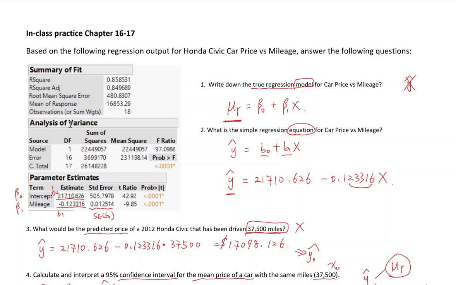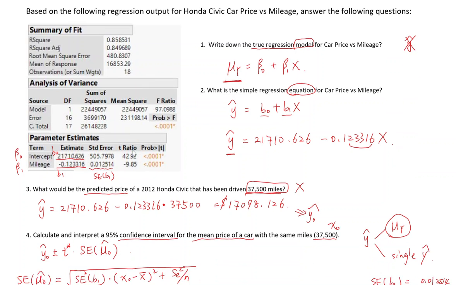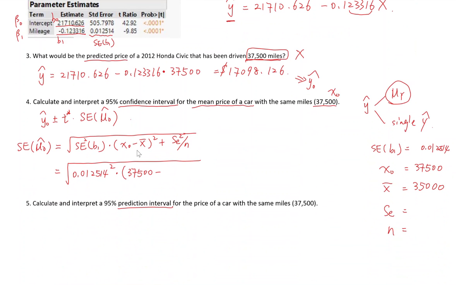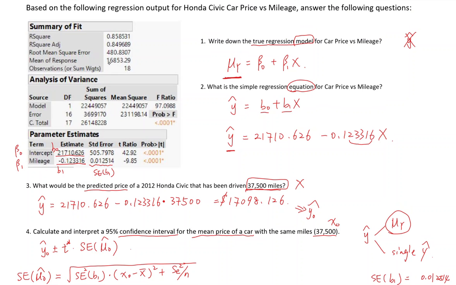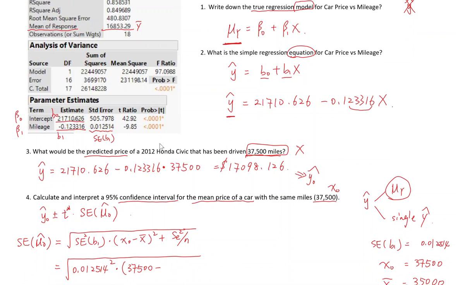this output. If I had the summary statistics table, then you could find the x bar, which is the mean value of x. Some of you used this value as the x bar, which is not right. For this value, you see it is the mean of response. So what is response? Response is y, right? So this is the mean of y, which is y bar. It is not x bar. All right, so be careful.